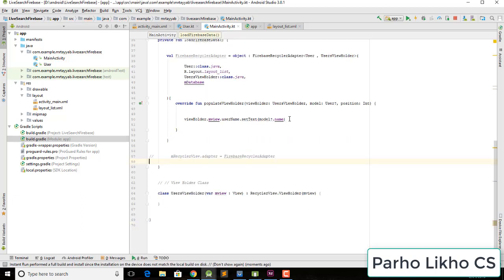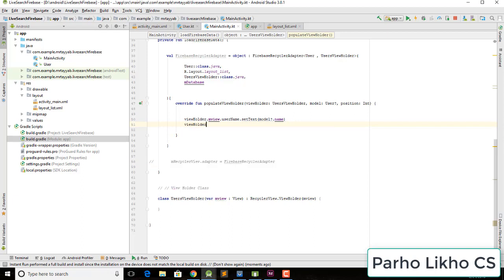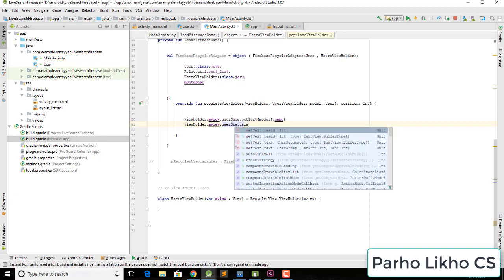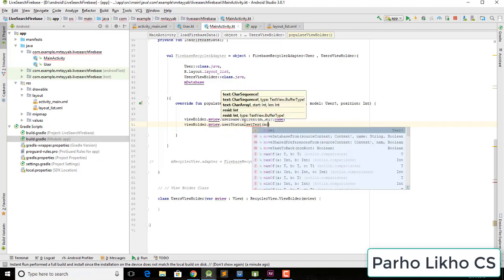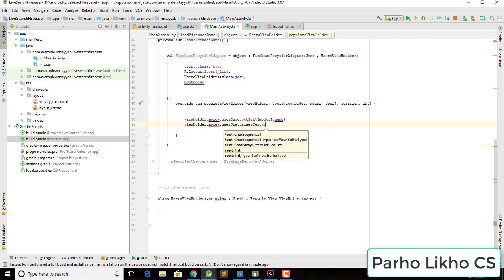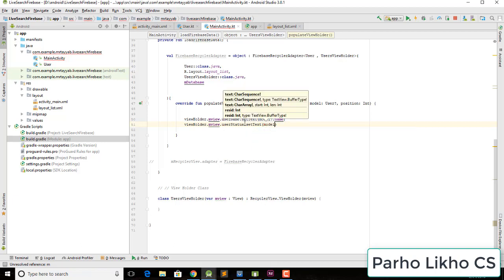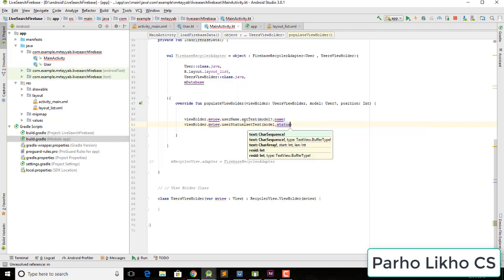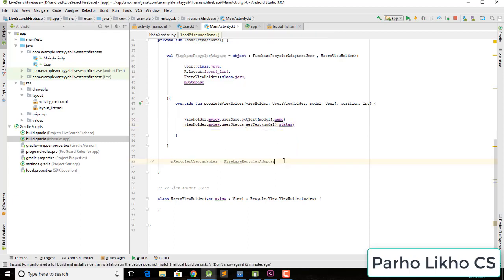So guys, we have view holders, and after this we need view holders dot m view dot user status. After this set text and dot m model class dot set status, and put here a question mark. Now here we set username as status, and after this we need to add for set Firebase RecyclerView dot adapters, where adapters equal to